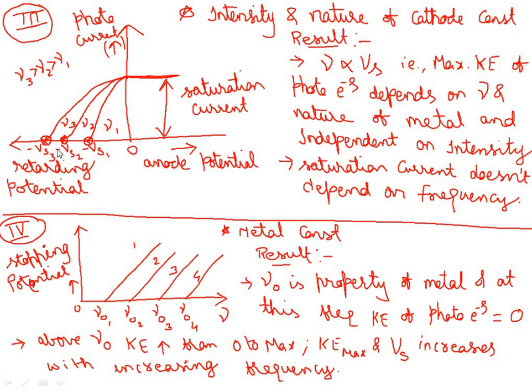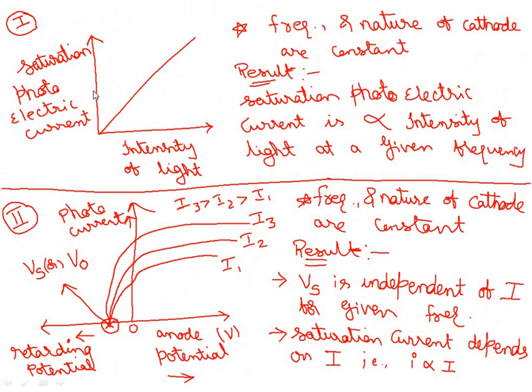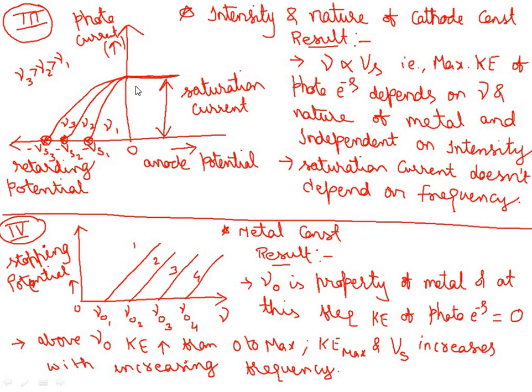So obviously, look here. For different frequencies, there are different stopping potentials. Of course, nu1, nu2, nu3 are the 3 different frequencies in such a way that nu3 is greater than nu2, which is greater than nu1. Okay, but as intensity is constant, what happens to the saturation photocurrent? It will remain constant. Look at this from the first graph. For a certain value of intensity, the photoelectric current will be constant. So as the intensity is constant here, obviously photocurrent will be constant even though the frequencies are changing. Did you notice that?